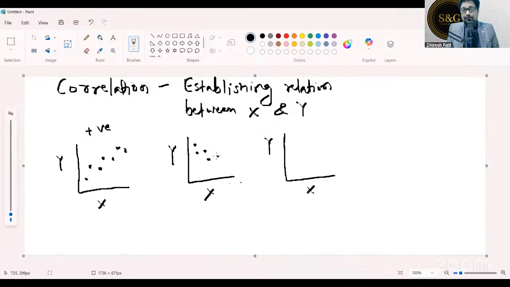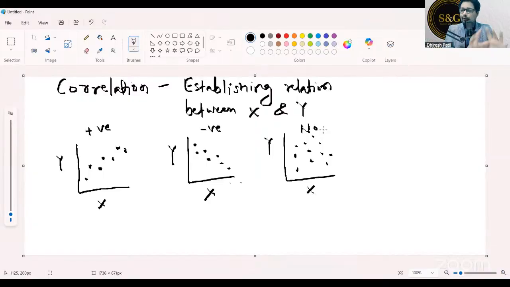You might see a trend like this sometimes. I'll give you an example of this. Then we'll do a practical in Minitab also. If X is increasing but Y is decreasing, then it is called a negative correlation. And if X and Y show this kind of a pattern, it is called no correlation. So positive, negative, and no correlation. These are three bigger aspects. Of course, we are not going into the curvilinear, inverse curvilinear, or quadratic. That is the advanced level in the black belt, we will say.